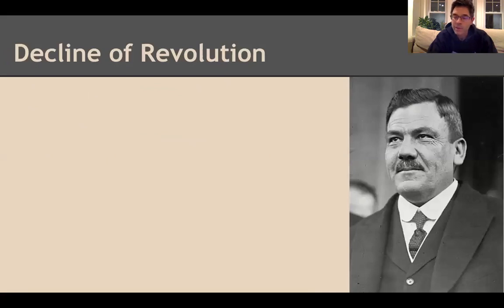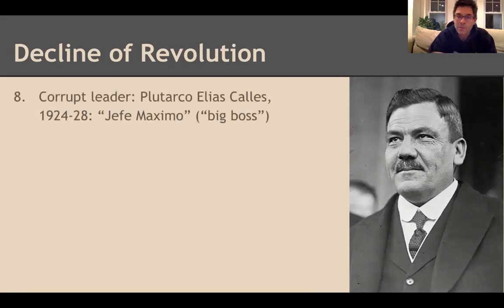The revolution more or less ends. This constitution exists, but it's not really put into force. And Mexico kind of slides a little bit back towards a form of dictatorship, particularly under this guy, Plutarco Elias Calles, who, like Porfirio Diaz, had so much power that a period of time under which he ruled or which he controlled others ruling also got the whole period of time named after him. His nickname was the Jefe Maximo, the big boss. And so this period of time is referred to as the Maximato,